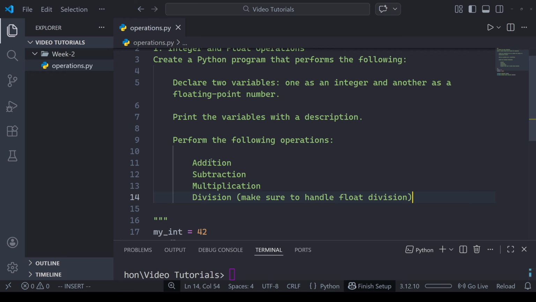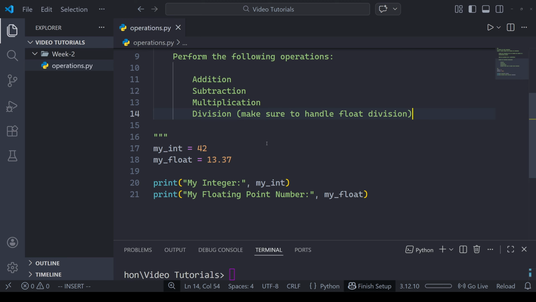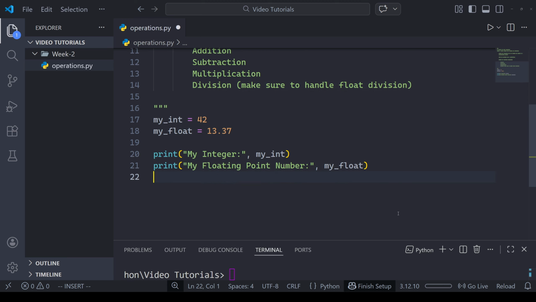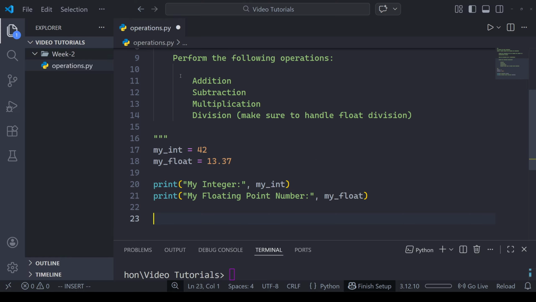I'll show you addition, and then I'll show you division, and maybe an error, or not an error, but an issue you might run into with division. And then I'll leave the challenge up to you to solve it. Your textbook, the Cisco Networking Academy, definitely has the answer for it. So we'll do addition first. We can go down to a new line right here, and to do addition, we'll just print the results of this directly.